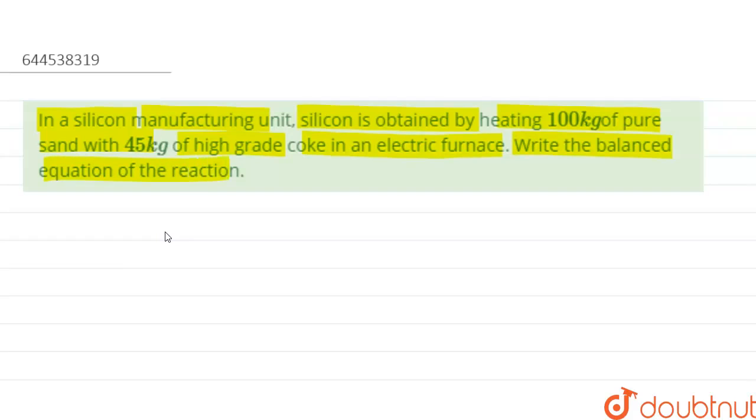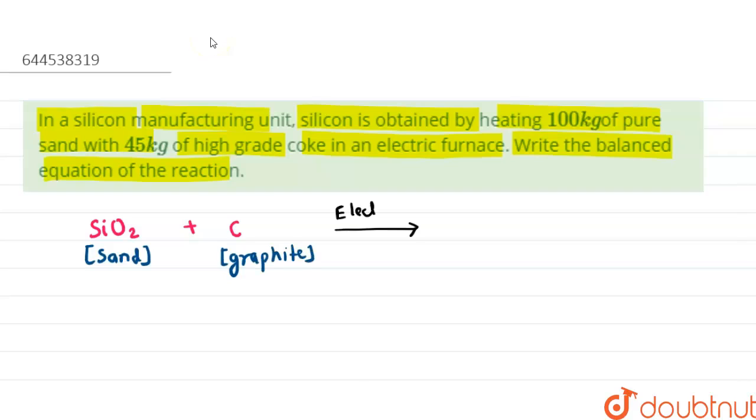So basically, sand is nothing but silicon dioxide, SiO2. So SiO2 is basically sand. And when sand is reduced with graphite, which is carbon basically, in the presence of an electric furnace,